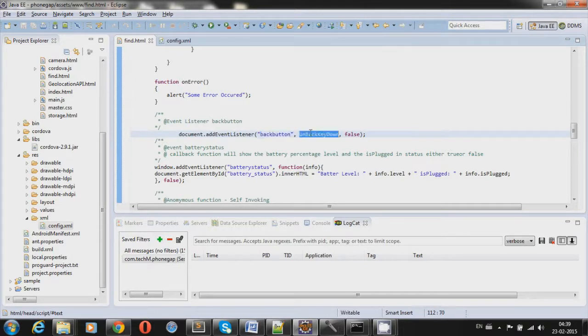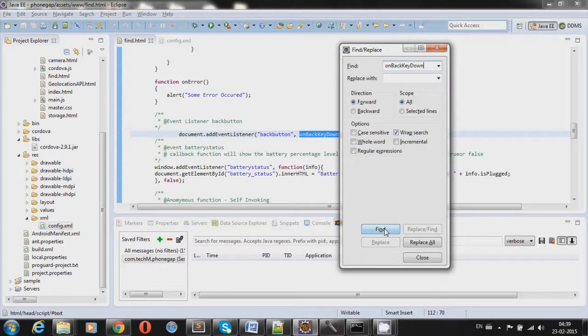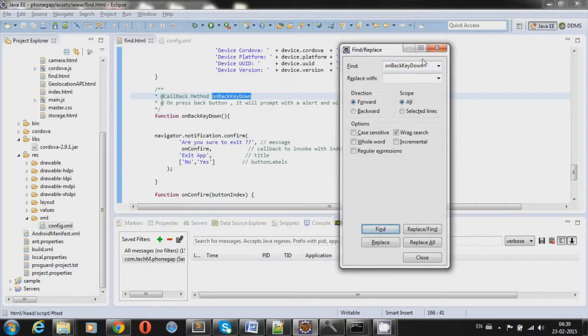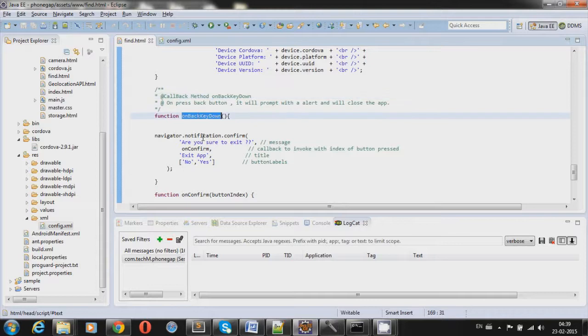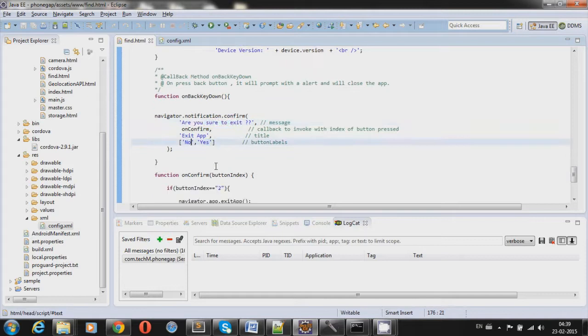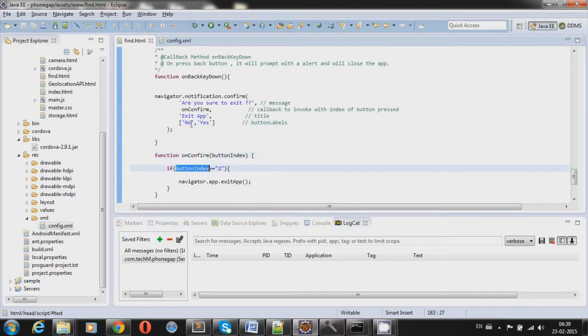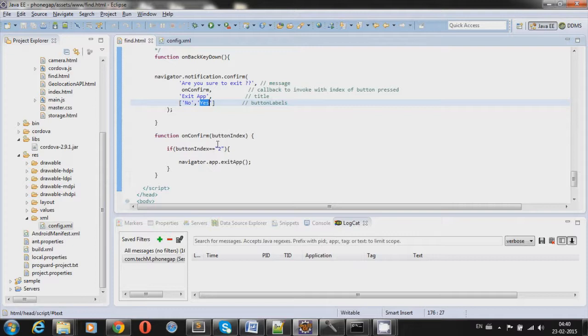So we will cover the back button. For the back button, we have added a listener. This is the listener added when the DOM is loaded. This is the event which Cordova PhoneGap provides. On pressing the back button on the device, it will fire the backbutton event. So here we can see